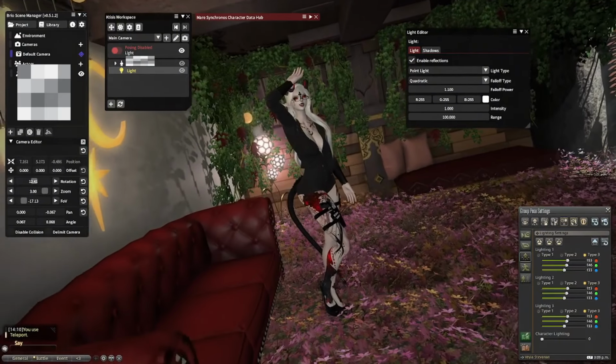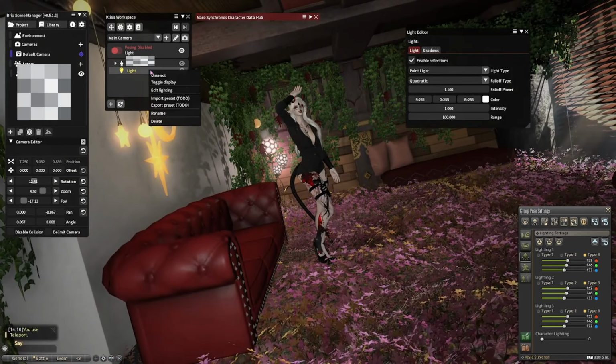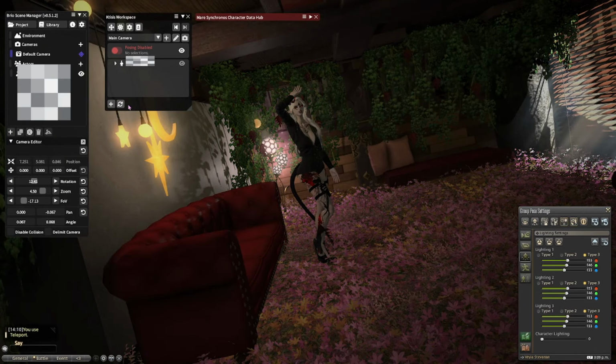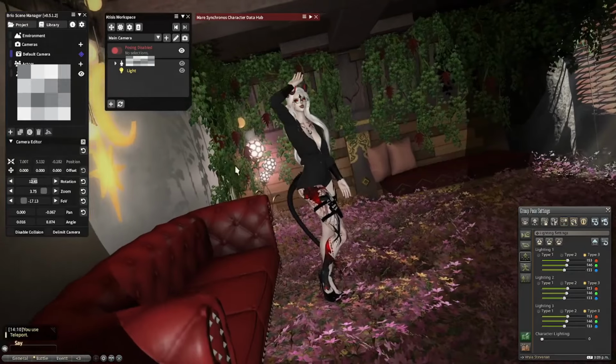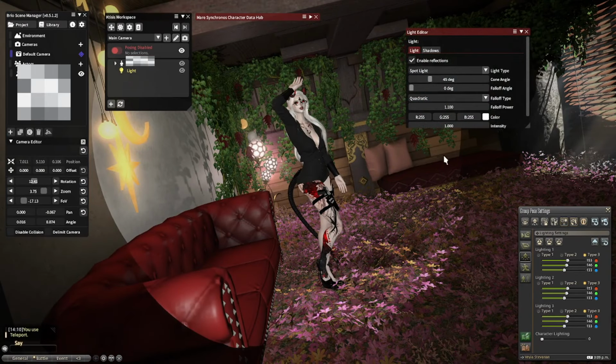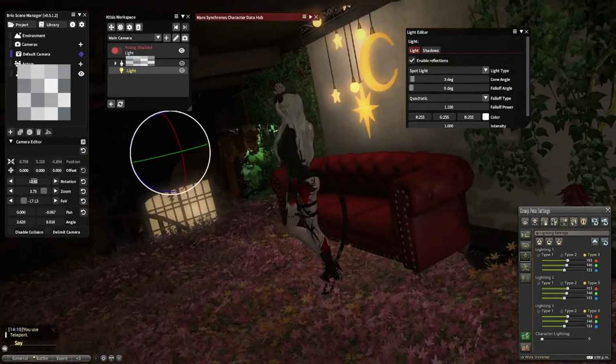I personally never use point because it's basically vanilla lighting. If you want to use it, of course, feel free. I personally use spot because spot, well, it's a spotlight. Spotlights are nice to use. We can choose our cone angle as an example. If we say we only want to light up the face, if we turn around,